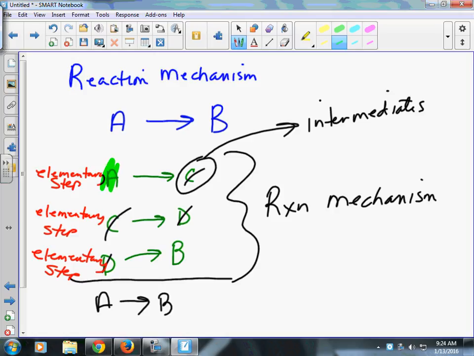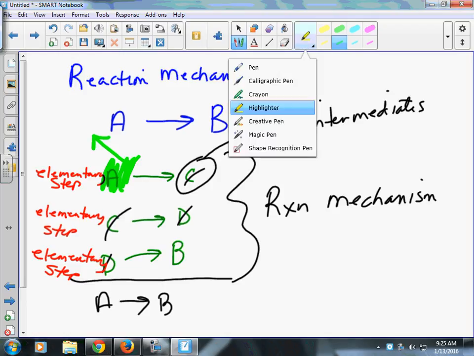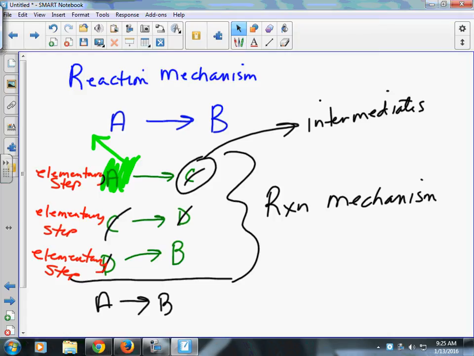This thing right here, this thing is called molecularity. Not all of them. Let me re-highlight. Yellow shows up better. That. Molecularity